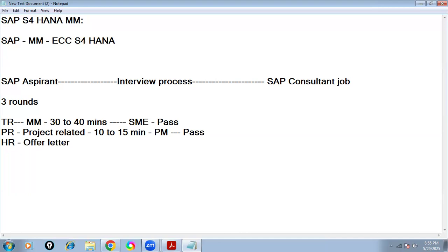Now in front of you, you have two important challenges and barriers: facing the technical round and facing the project round. Suppose you want to try as a fresher or as an end user in SAP, the second round is not there. I repeat, if you want to try as an end user in SAP, or as a fresher in SAP, the second round is not required. But jobs are limited, but still openings are there, you can try.